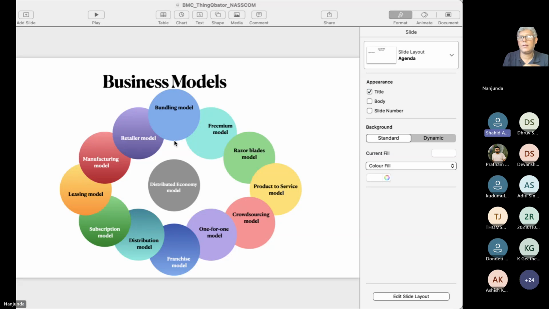Sir, what would be a good example of leasing model in terms of retail business? B2C. Well, leasing model. See, I don't know about the retail point of view, but